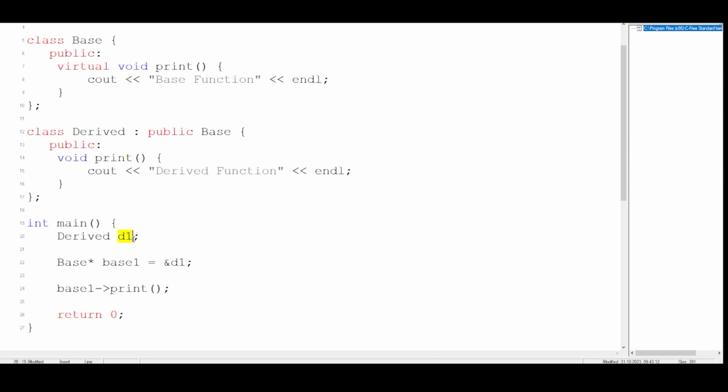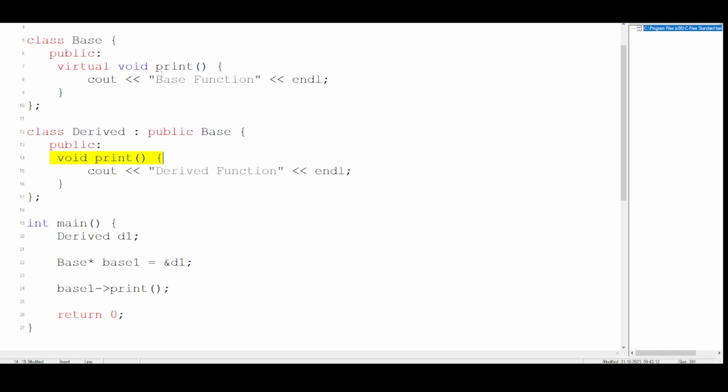So what I did, I made an object, and here, if you look very carefully, we have used the concept of pointers. Since we have declared the void print inside the base class as a virtual function, this print function will be overridden when we use a base type pointer that points to the derived object. So I have made a pointer which is base 1, and it points to the address of that object, that is D1, and this base 1 is directly pointing to the print. That means I am now trying to print this particular function, so that whatever I have inherited gets overridden and we get the derived function as an output.